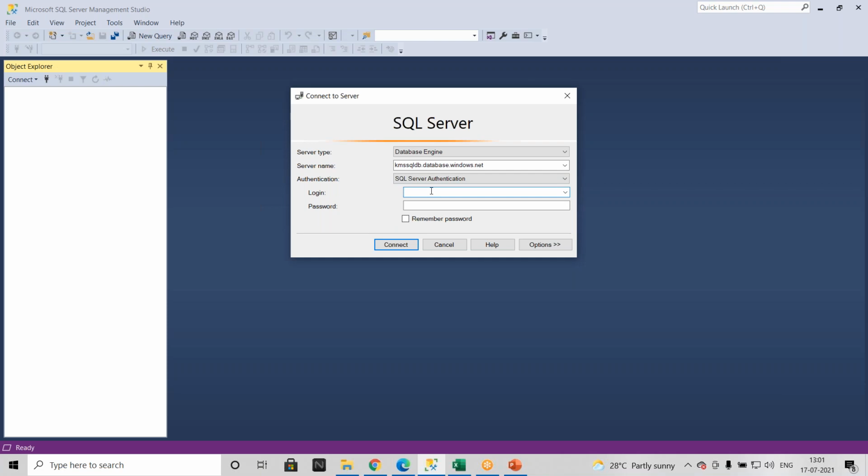As we know, in a complete PaaS environment, either Azure SQL database or Azure MI, Windows authentication is not compatible. You can connect with SQL authentication, or you can connect using Azure Active Directory. We can integrate Azure Active Directory to authenticate to the Azure SQL database once we enable it. So this is how your Azure SQL database looks.